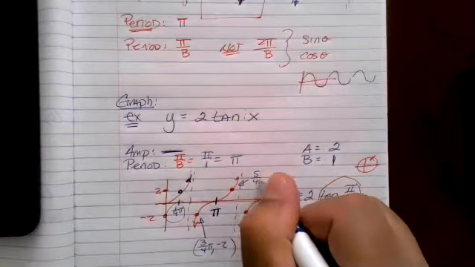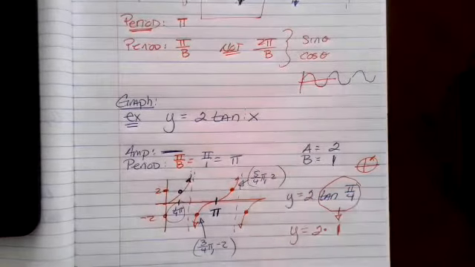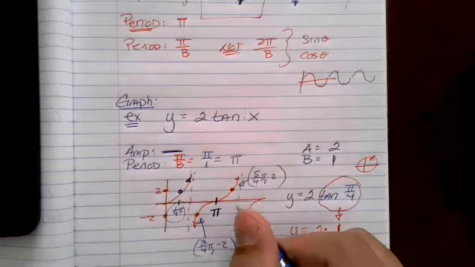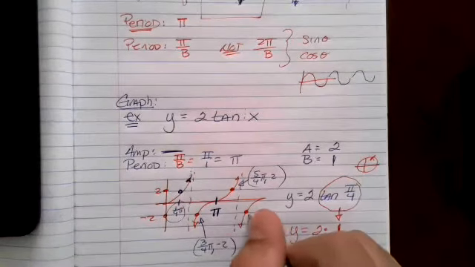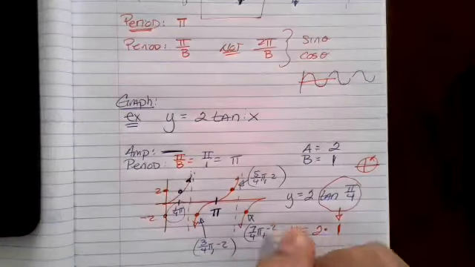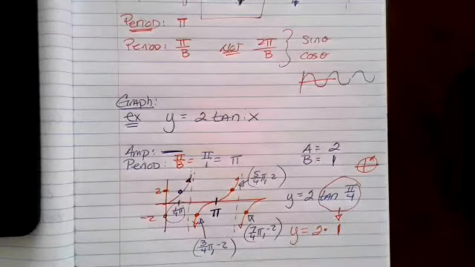This is 5/4 pi, 2. 6/4 pi, 7/4 pi, negative 2. So this would be what the graph looks like. You could check it by substituting these values in. Should we try that? Let's try that,